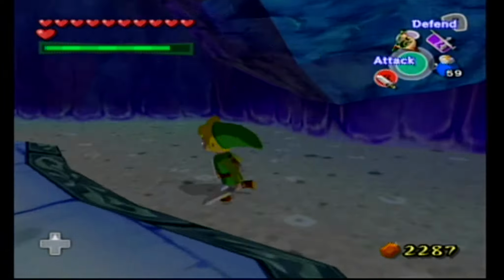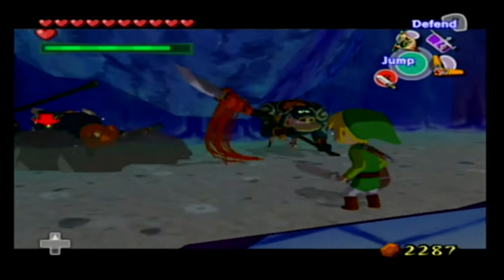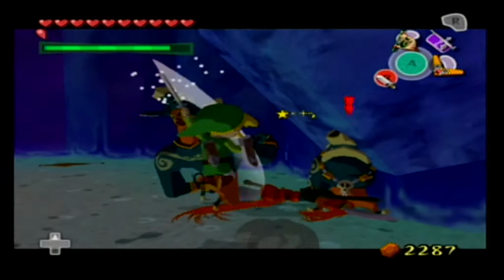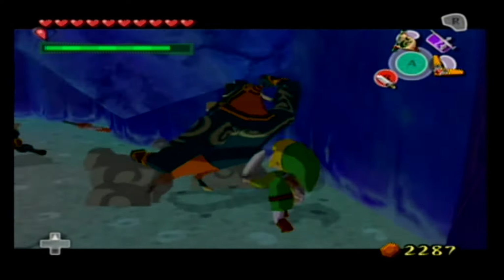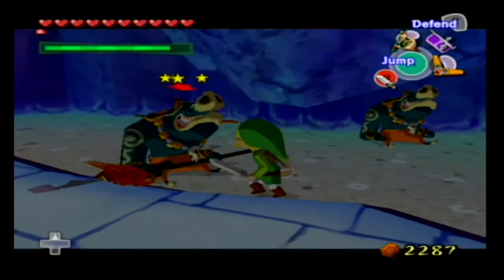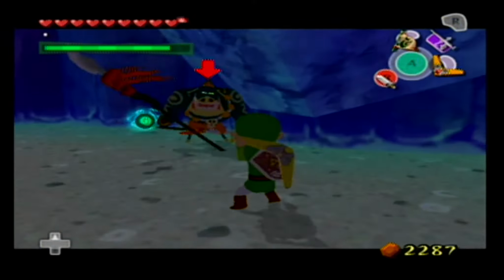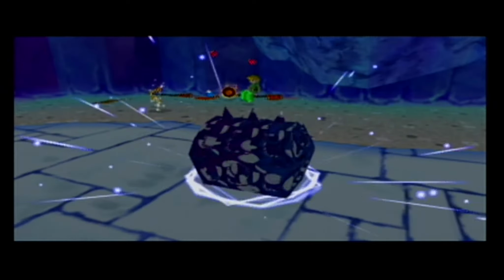Now, these moblins here, I would advise you to equip your boomerang. As you can see, I did in this video. And I got hit a couple times, and the moblin's knockback is pretty insane in this game because they hit you and you go flying back. Like, I think I'm about to get a hit here or something like that. Yeah, see, I got hit there, and it really sent me far back. Anyways, after those moblins, that is it